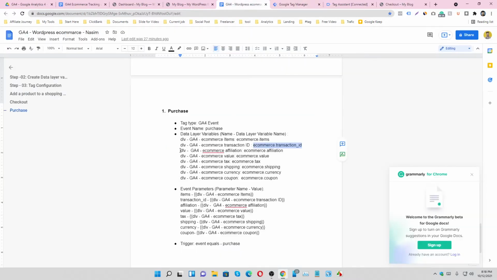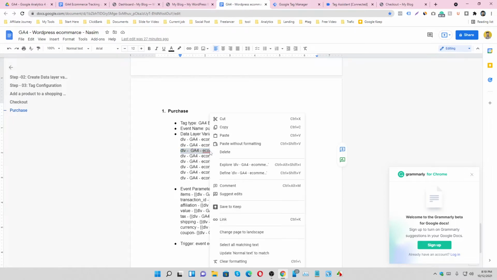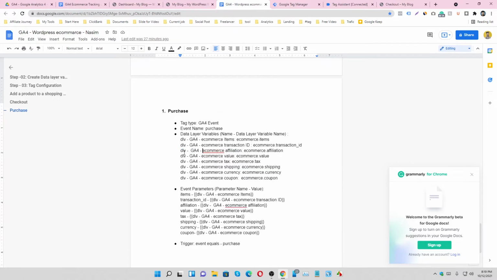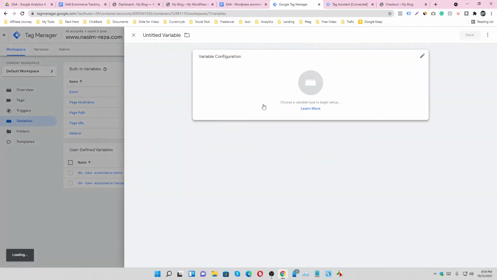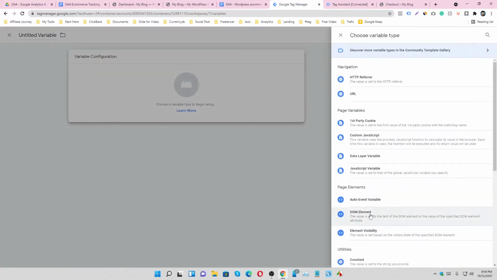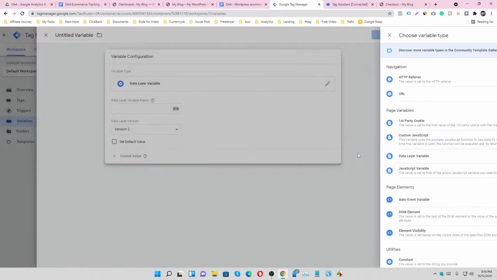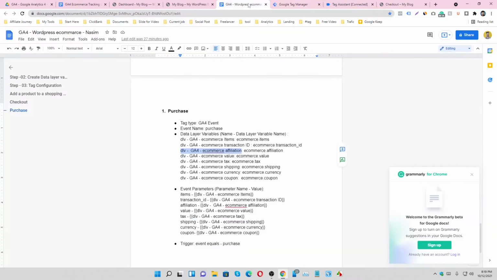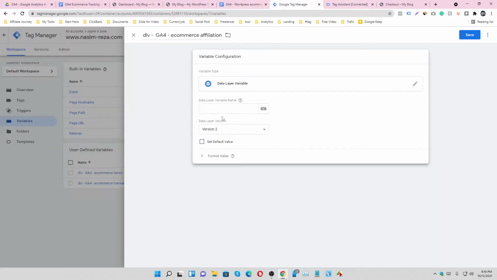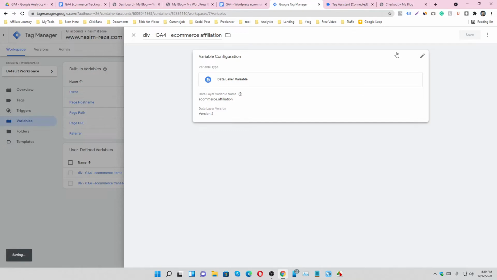Then make again. If your product has affiliation, you can make this. Just click on new data layer variable, choose the name, choose this one, paste it here and save.